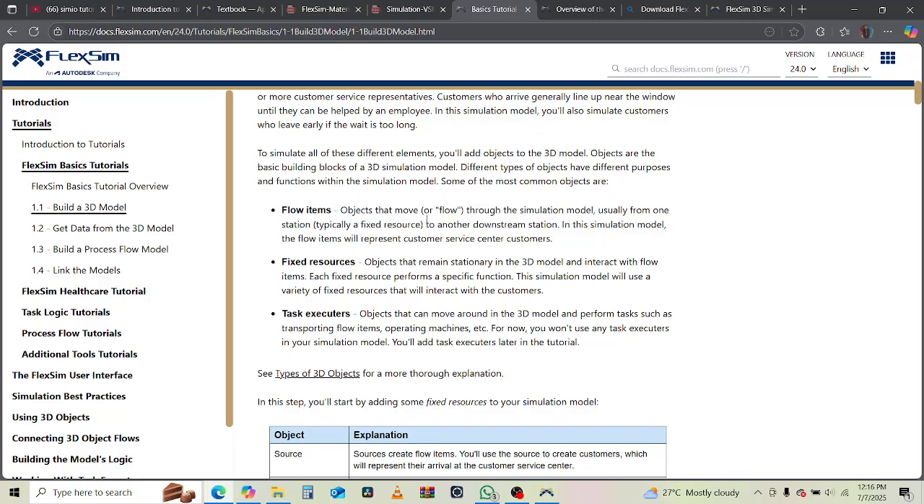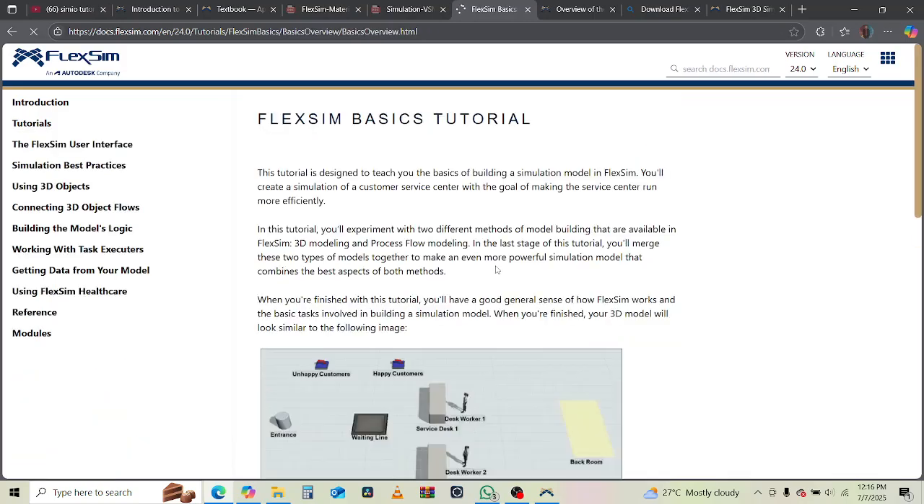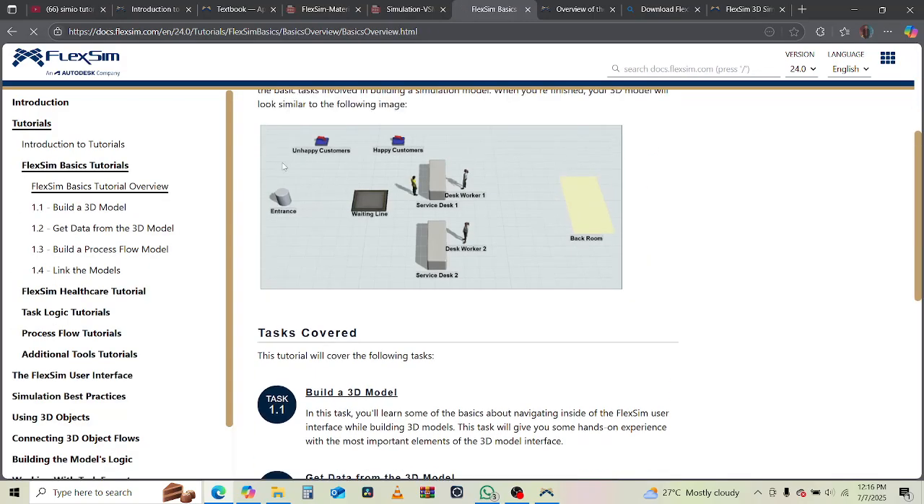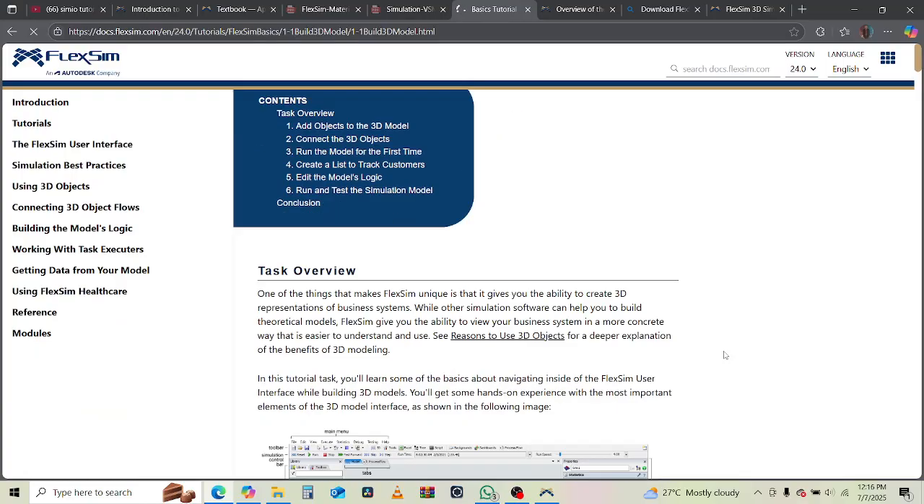So it says that objects that move or flow through the simulation model, usually from one station to another downstream station in the simulation model. The flow items will represent customer service center customers. Okay, so if we go back, you can see the customer is the flow item. Okay, so that's what it means. So the customer is the flow item,